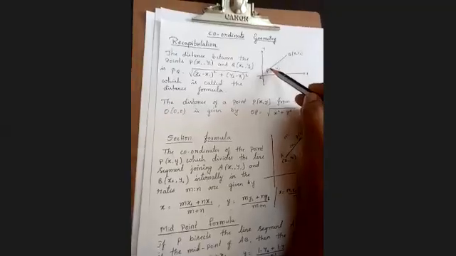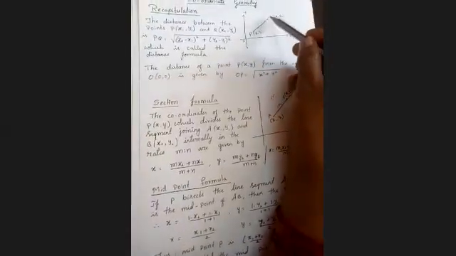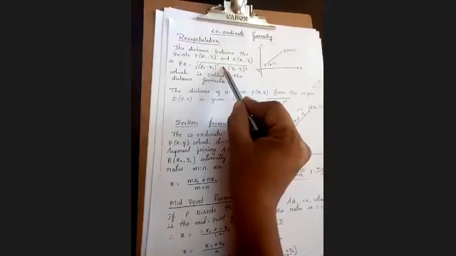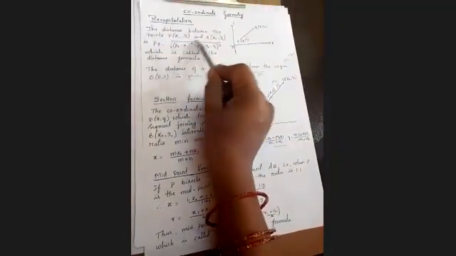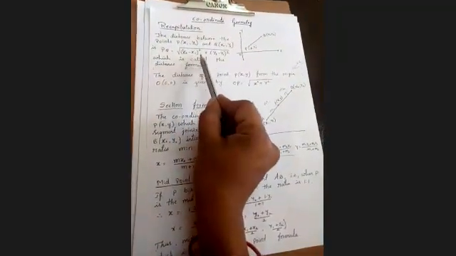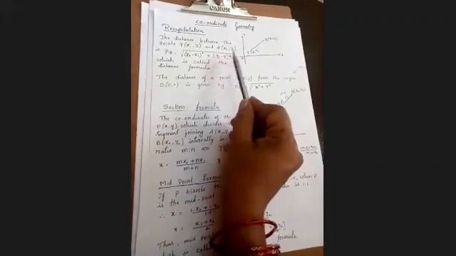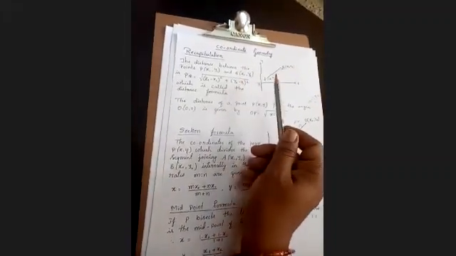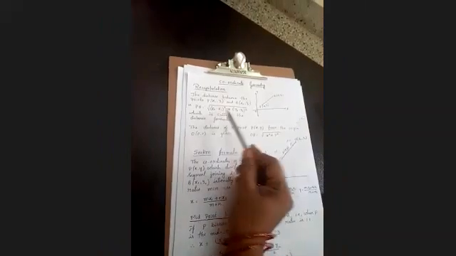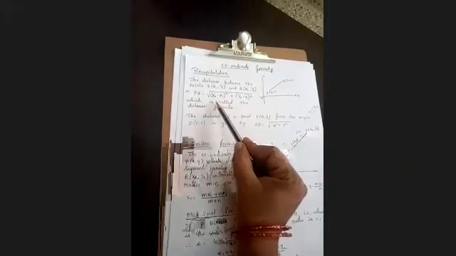We have done distance formula. It says the distance from P to Q is the square root of (x2 minus x1) whole square plus (y2 minus y1) whole square. This formula is called the distance formula. We can even take (x1 minus x2) whole square plus (y1 minus y2) whole square also, because when you do the squaring, even a negative square becomes positive. Is it clear, children?